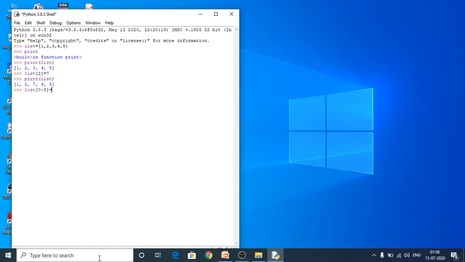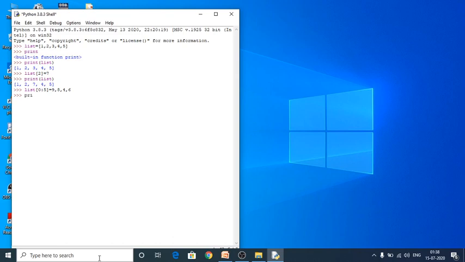So next one is, here I have to give values to be changed. What are the values to be changed? Here I have to give 9 comma 8 comma 4 comma 6.